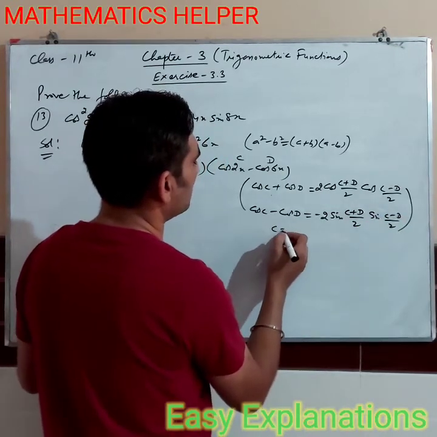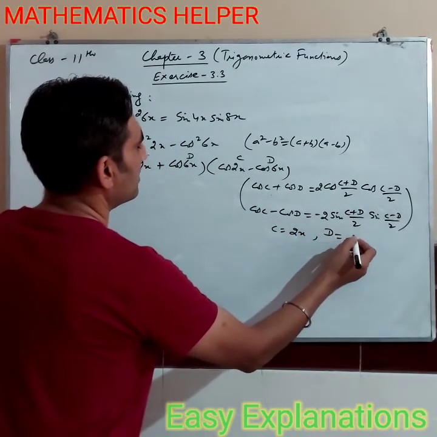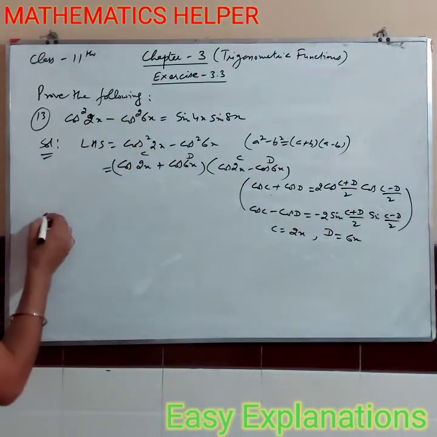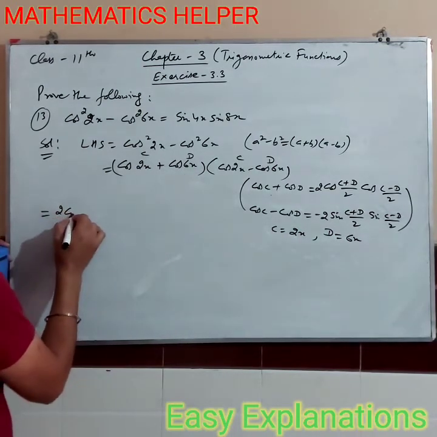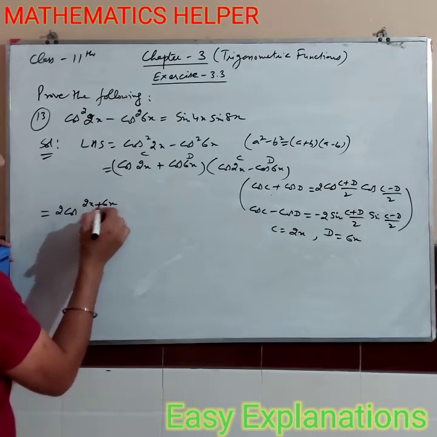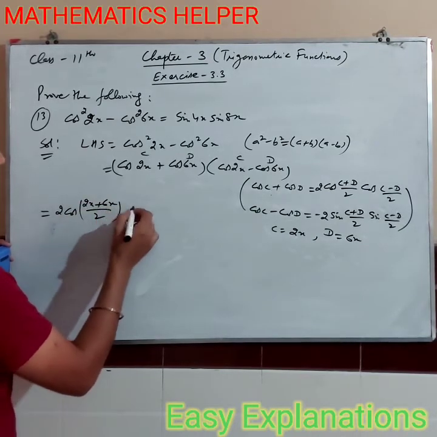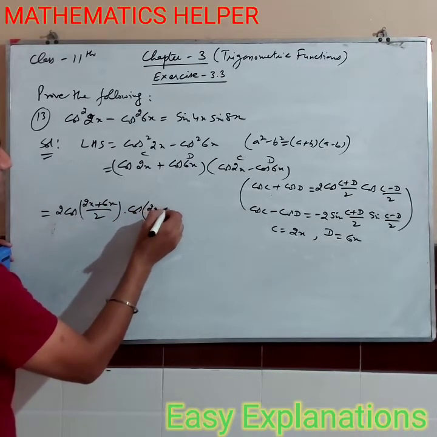And what are the values of C and D? C is 2x and D is 6x. Let's write this value by using formulas. First one, we have to write the whole calculation in cos: 2 cos, add these two one time and subtract these angles one time in cos. Cos (2x minus 6x)